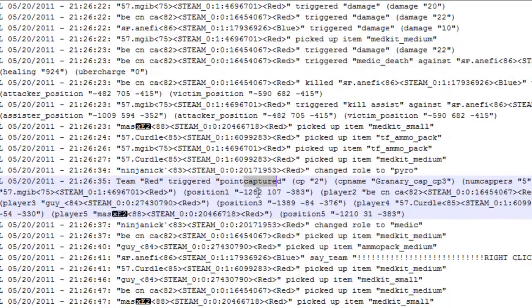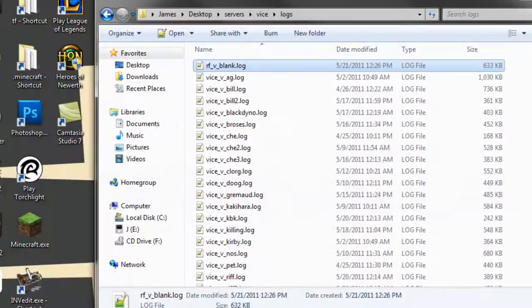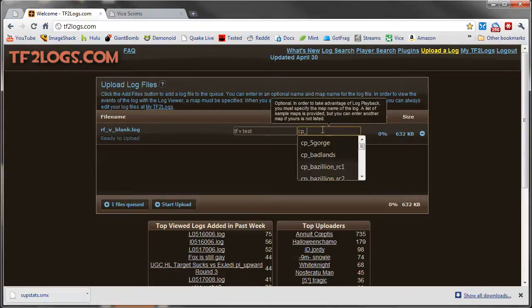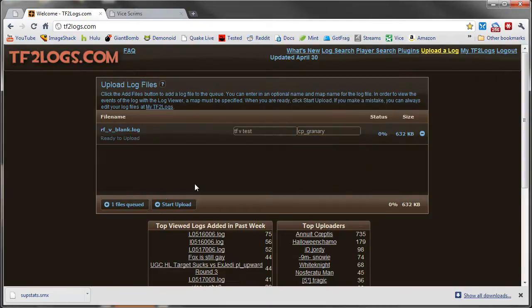This is what I like to do. Capture. So you see triggered point capture, and it tells you the name of the point captured. So Granary. That's the only way that I found to tell what the map name is, just from the log file alone. So it looks like the scrim was on Granary. So we'll go back in and we'll type in cp_Granary. Alright, so we'll upload this,